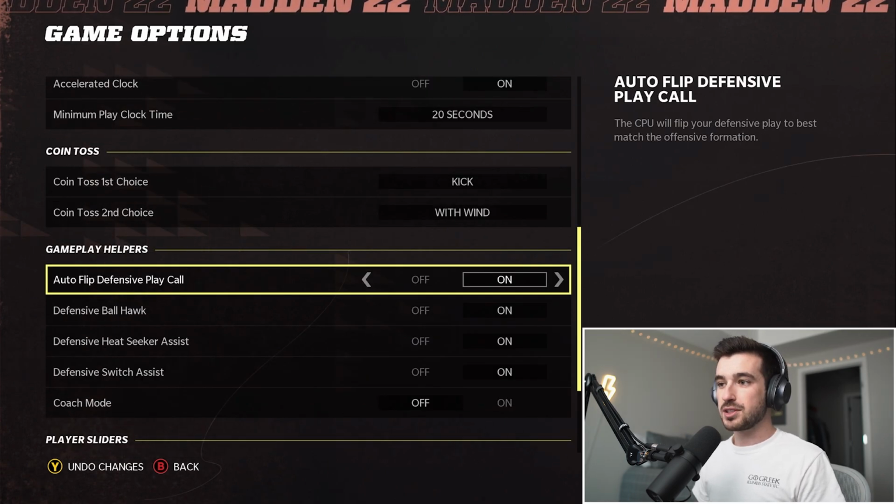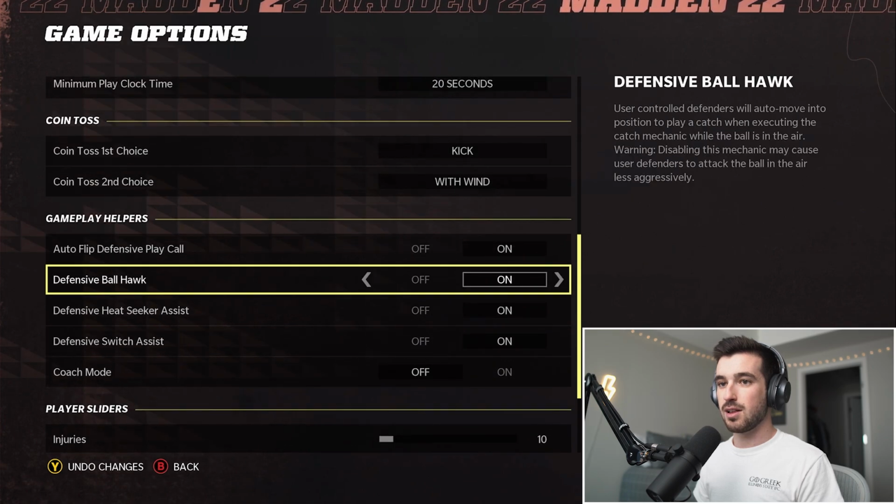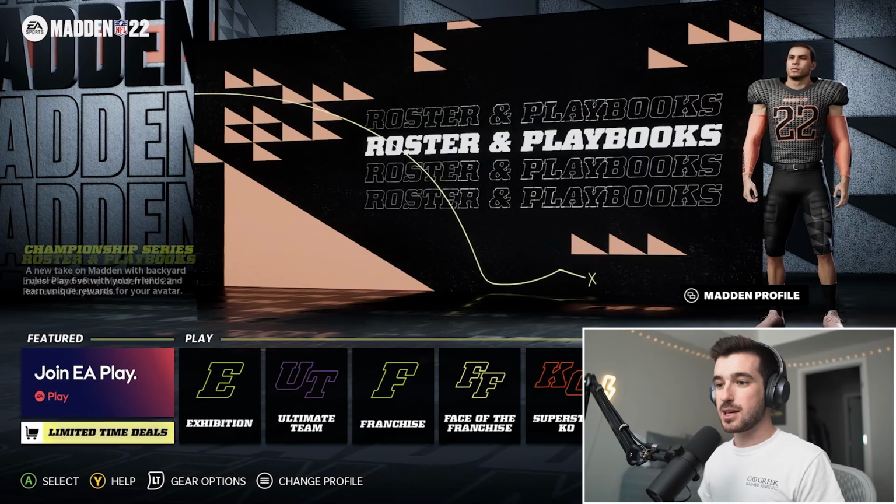For your gameplay helpers here, make sure these are all on: your defensive switch assist, heat seeker assist, ball hawk, and auto flip defensive play call. That last one's kind of your choice, but I just keep it on because you can turn it off in game. Now we'll back out of that and we're going to load into Madden Ultimate Team from the main menu,